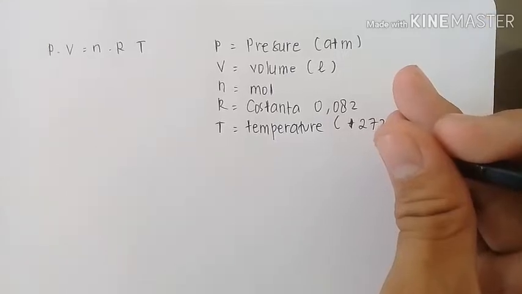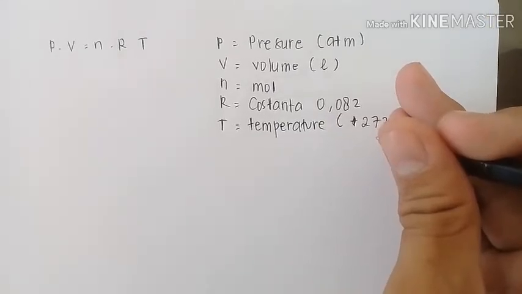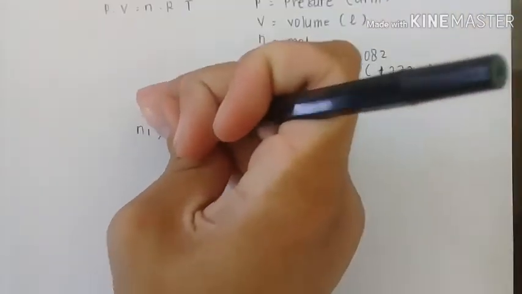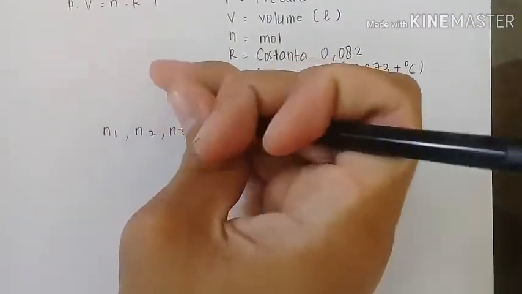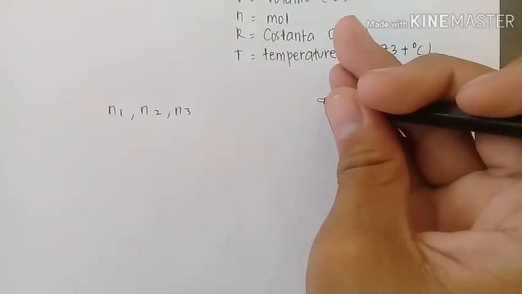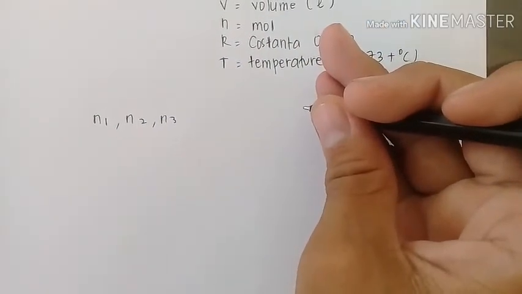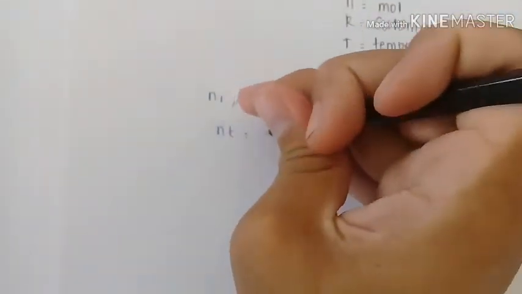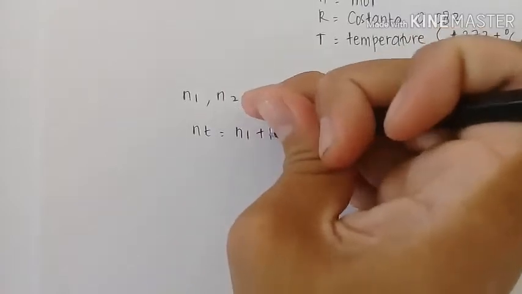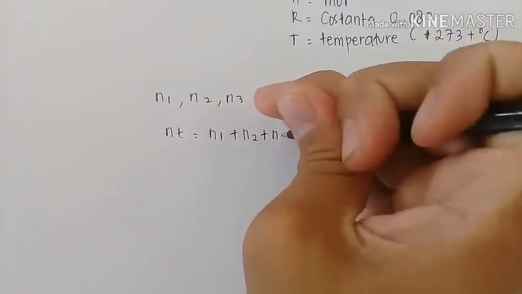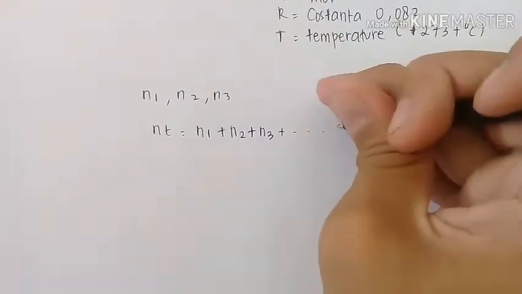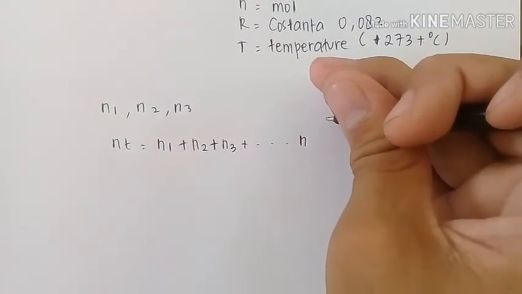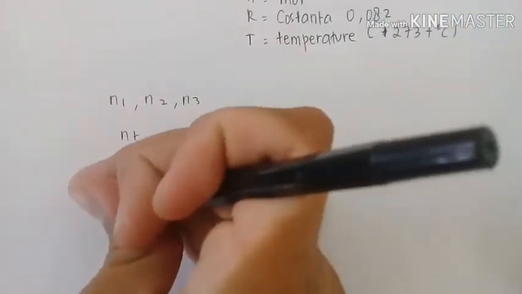Consider a mixture of gases described by the mole numbers n1, n2, n3 in a container of volume V at temperature T. If nt is n1 plus n2 plus n3 and so on, then the pressure exerted by this mixture is given by